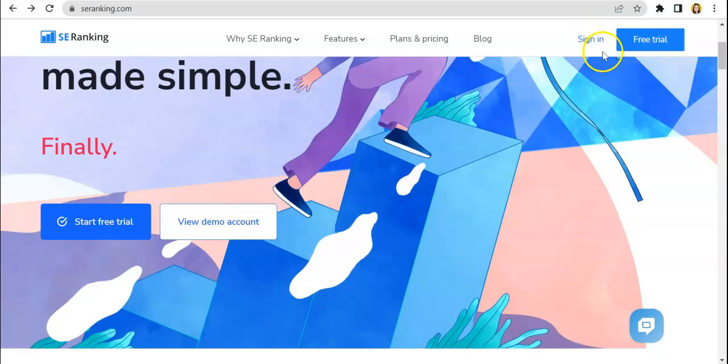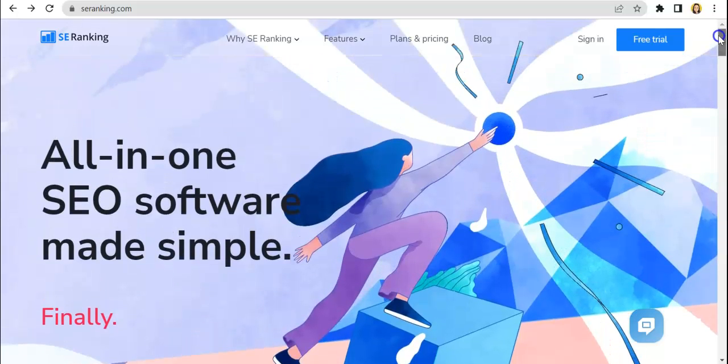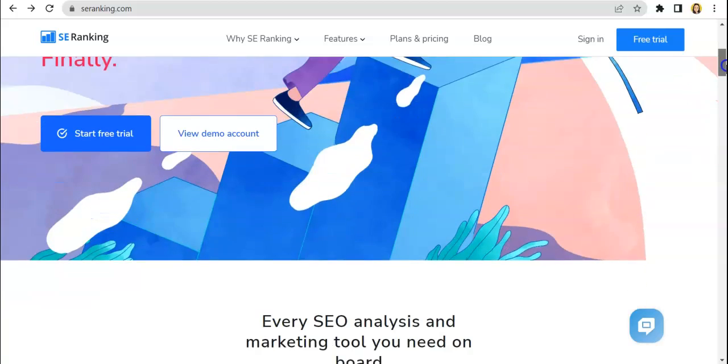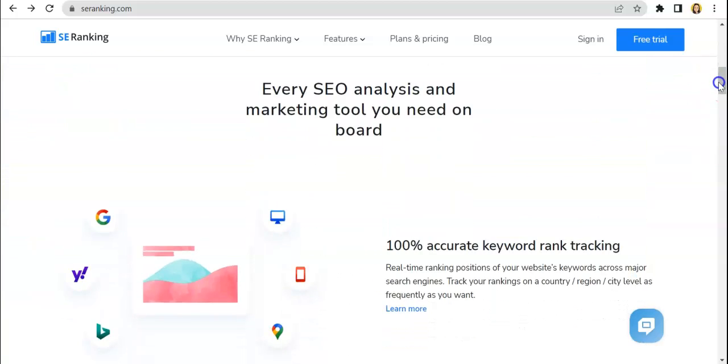So here you have the sign in button and the free trial button. Of course, if you are still unsure whether you want to sign up for a paid subscription here in SE Ranking, you can go ahead and have a free trial account. We'll be showing you what you can expect from it should you have a free trial account. But before we do that, I just want to give you some more information